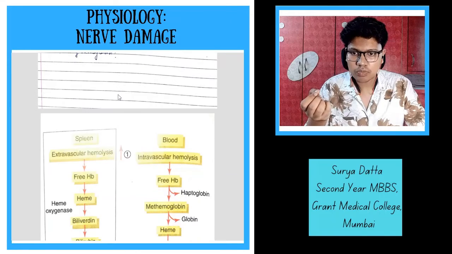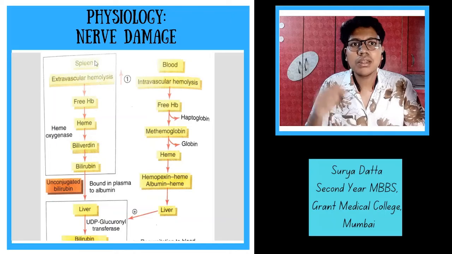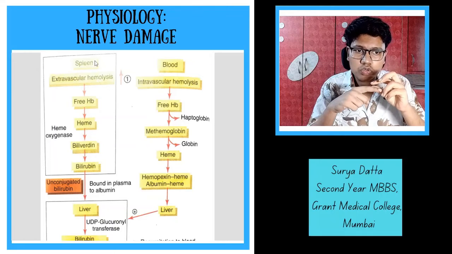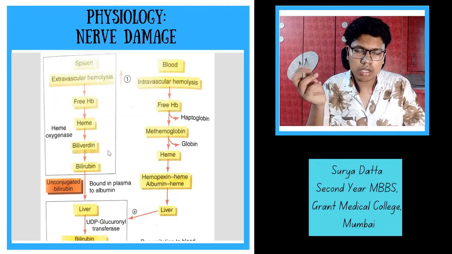Now, fate of hemoglobin, I'm just going to show you this chart that I have prepared right here. So here's a pathway for extravascular hemolysis, which is hemolytic jaundice. In the spleen, what will happen? There are these very tiny capillary-like structures known as sinusoids. They are even smaller than capillaries. So the blood cell tries to go through them, but it gets destroyed. What it causes is extravascular hemolysis, which releases free hemoglobin, which releases heme, biliverdin, which is a non-digested form